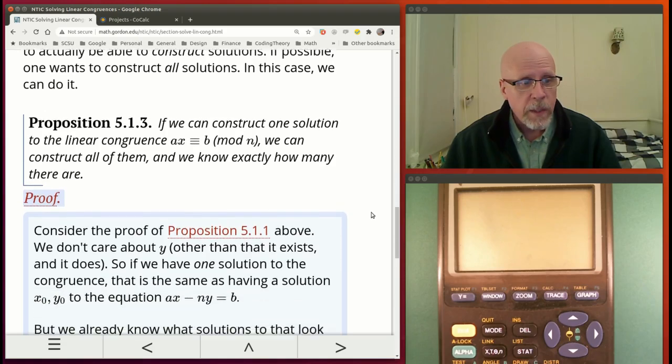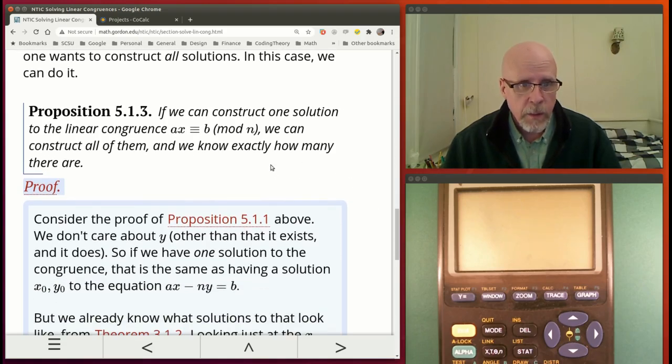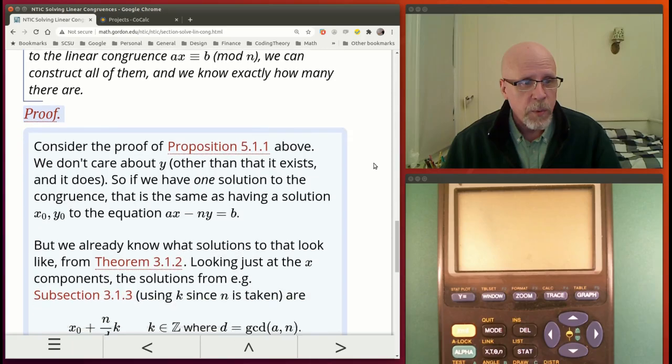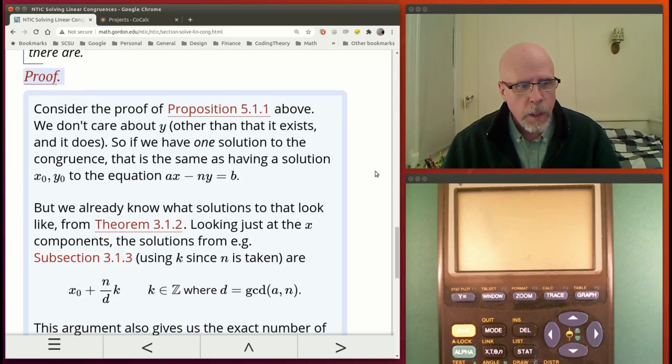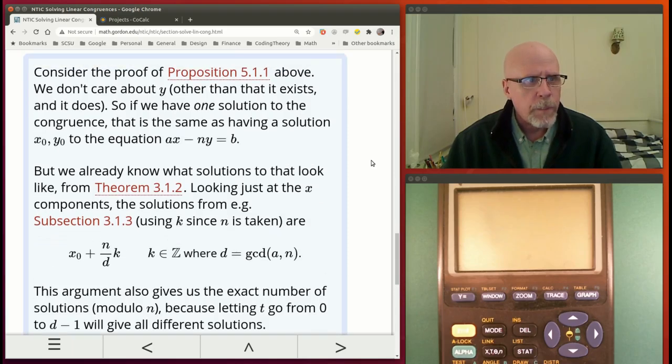I find it disappointing that he didn't tell us how many there are, because it's an easy enough thing to see, but it's included in the proof, with one small typo we've got to look at. So you basically think about the proof of the proposition from the previous chapter. The proposition we just looked at with the result from the previous chapter. You don't really care about the why, other than it exists. It's the thing that tells you that